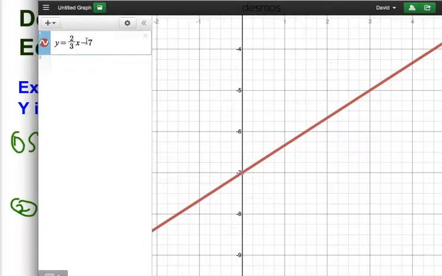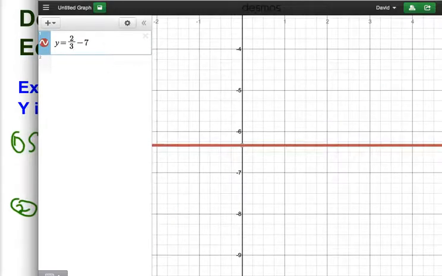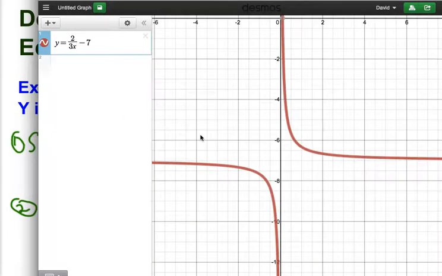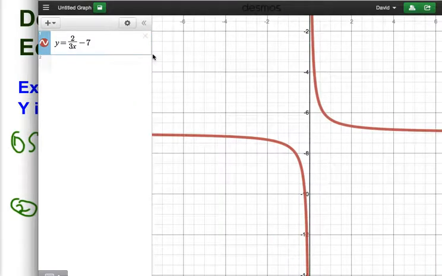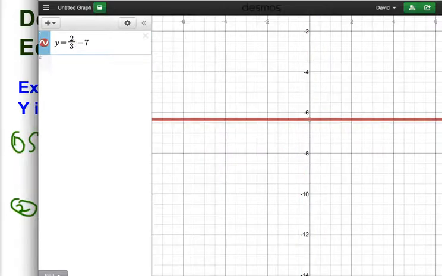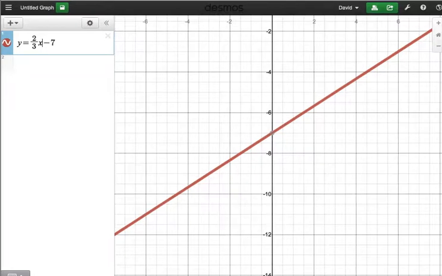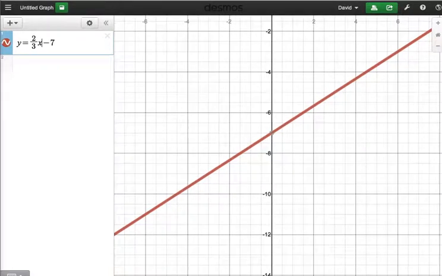But I just want to show you really quick what happens if we take that graph and we put x in the denominator. Notice how it's 2/3 times x. Well, if I do that, we get something crazy looking like this. And this is a graph you won't actually see until Algebra 2. So let's not go there yet. Let's make sure we put x in the right place, multiplied by 2/3, when we write our equations. Perfect. Okay, let's head on back over